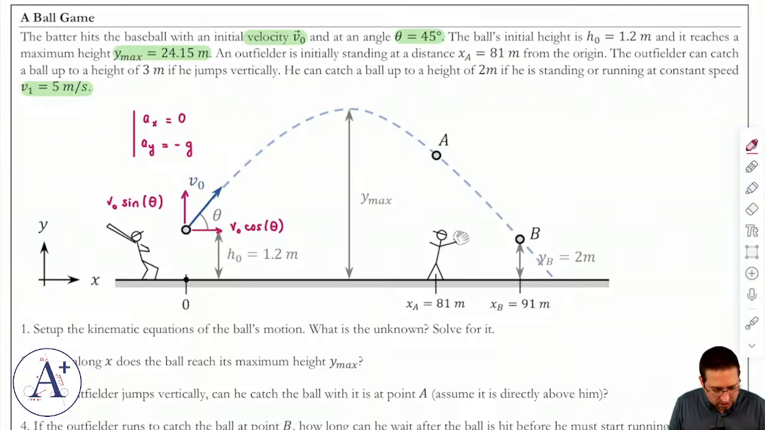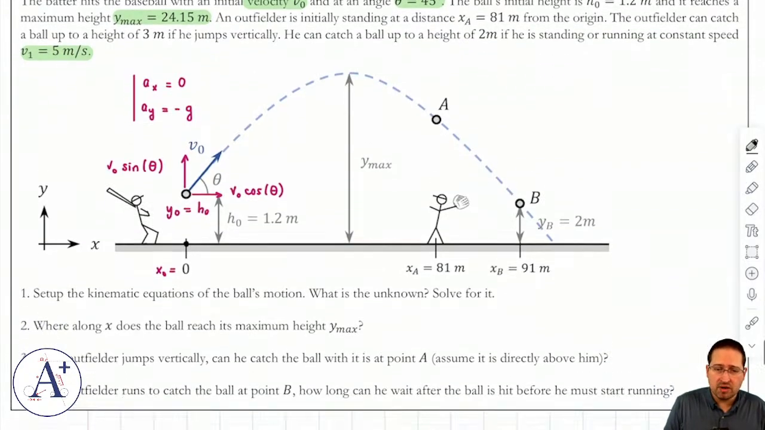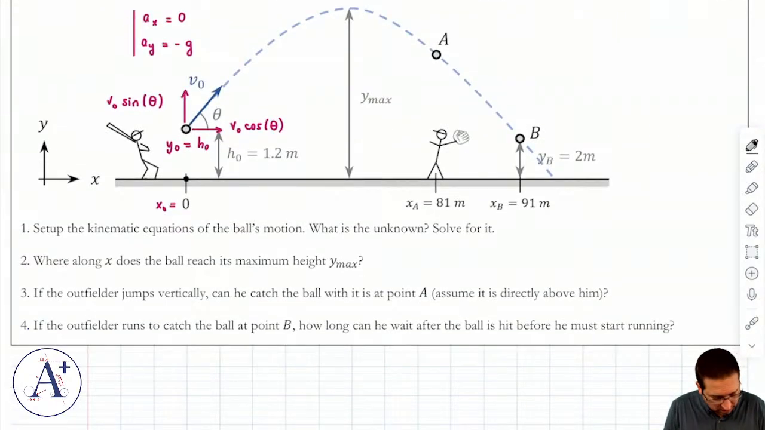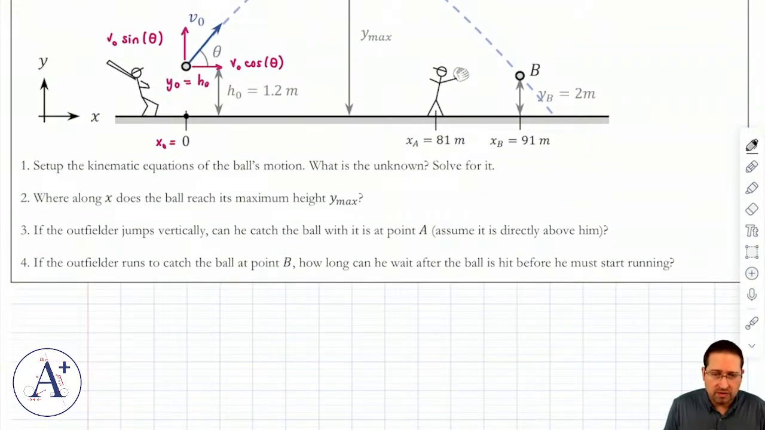So that doesn't change. And here X0 will be 0. However, Y0 is H0 because the origin's on the ground. The problem chose the origin for me, so I have to use it, and Y0 is going to be H0. Okay, so then I can set up my kinematic equations. The only difference really is Y0. And therefore, my kinematic equations are going to be: x of t